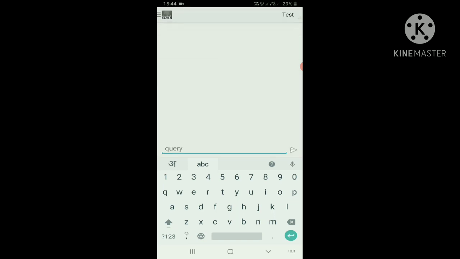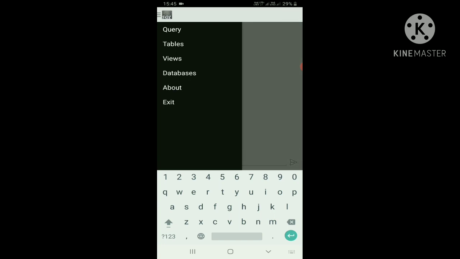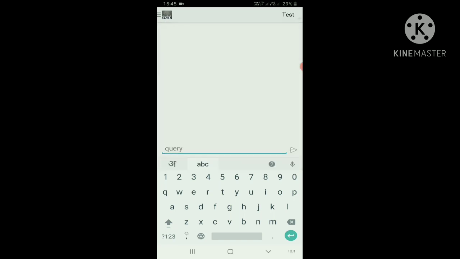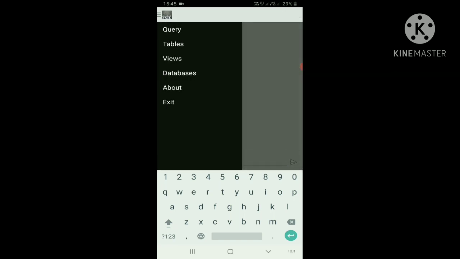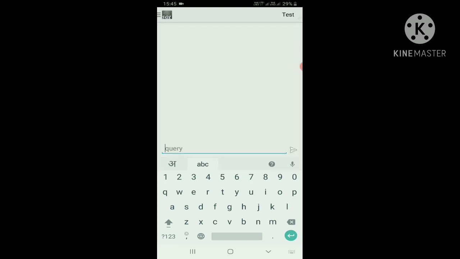Start. Now you can see a menu window on the left side, and on the top corner on the right side, my test is there, and the query window. Click on the window: query, tables, views, databases, about, and exit. When you are writing something in the query, select query.